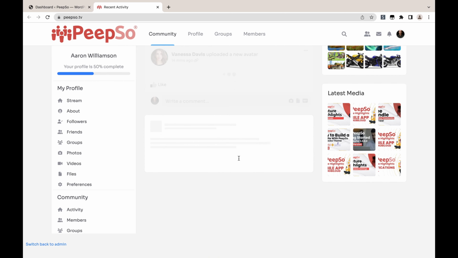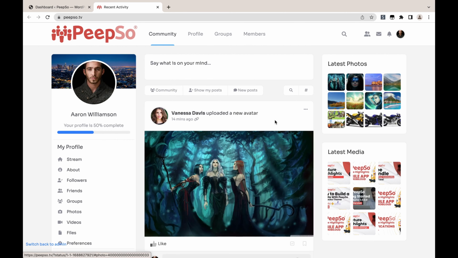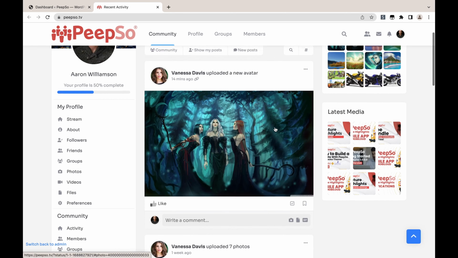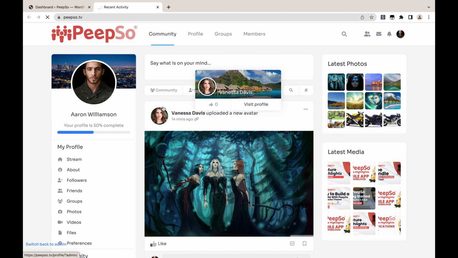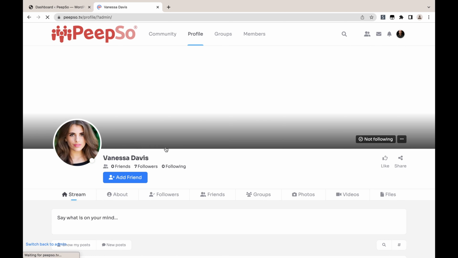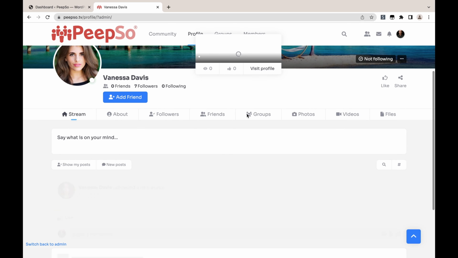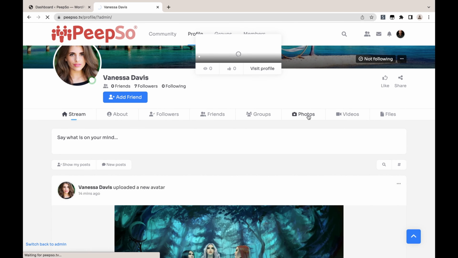I don't see any Minions image because that one is uploaded to friends only. You see how avatar images are always public, but if I go to her profile and switch to photos,